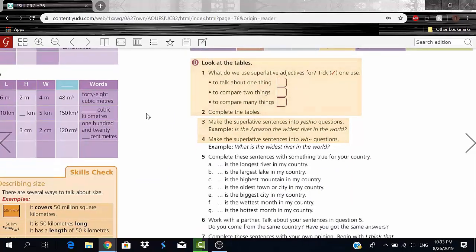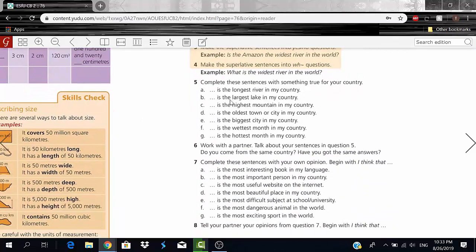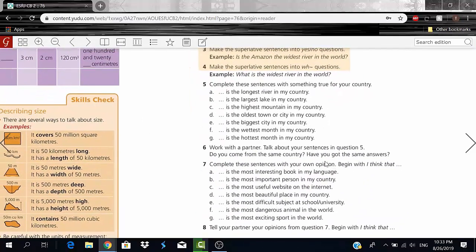So these are really simple. You guys should do this on your own because it's something about your country. So make sure you're honest and true about it. Okay? So complete these sentences with something true about your country. Honestly, I don't know much about my country or geography at all. And knowing random information is not my thing. So we'll just cruise through this, but I hope you guys pause the video and answer every single one with research if you can, okay?